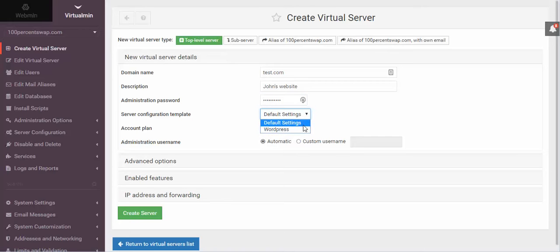And here's where you can set up different templates. This gets a little bit more complicated. I'm not going to show you how to do this in this video, but you can set up a template